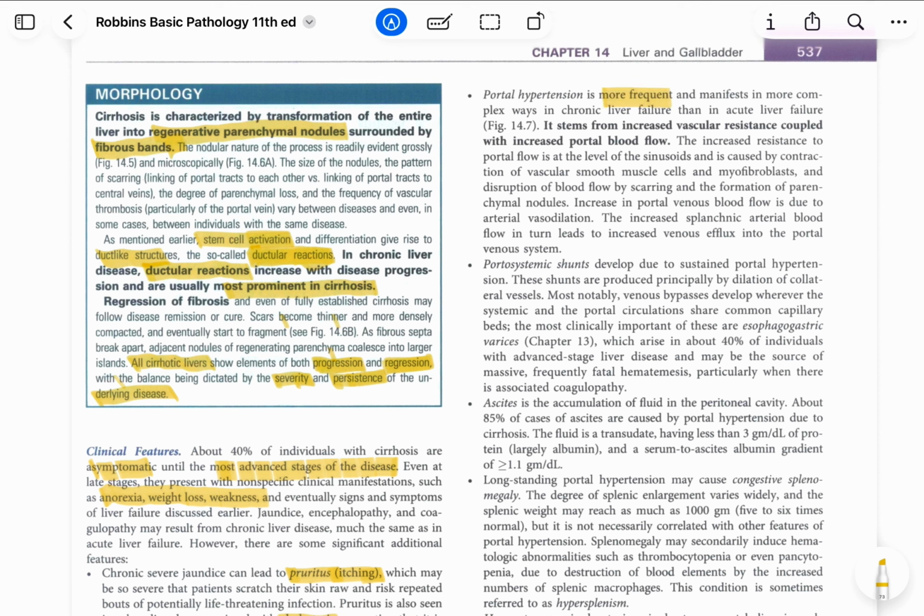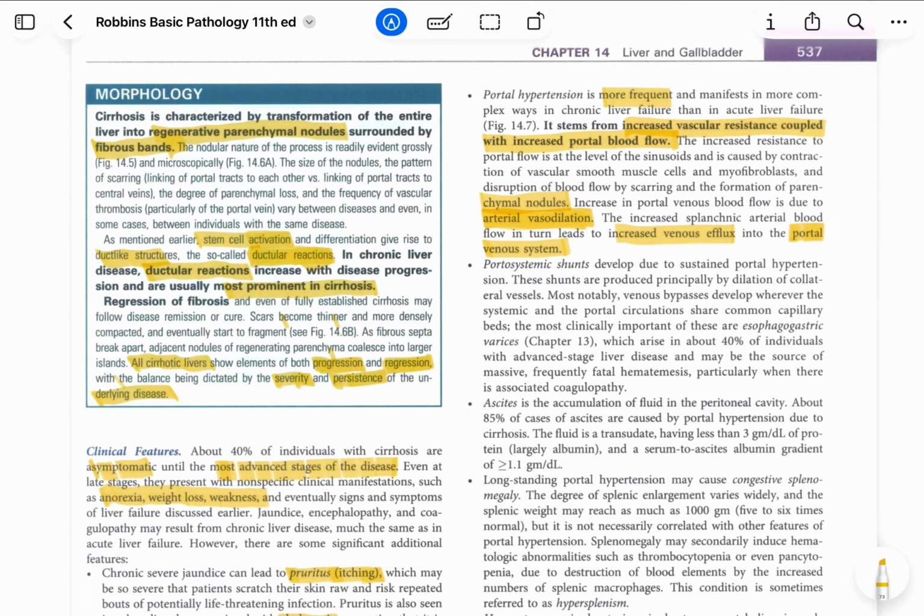It is more frequent and manifests in more complex ways in chronic liver failure than in acute liver failure. It stems from increased vascular resistance coupled with increased portal blood flow. The increased resistance to portal flow is at the level of sinusoids and is caused by contraction of vascular smooth muscle cells and myofibroblasts, and disruption of blood flow by scarring and the formation of parenchymal nodules. Increase in portal venous blood flow is due to arterial vasodilatation. The increased splanchnic arterial blood flow in turn leads to increased venous efflux into the portal venous system,